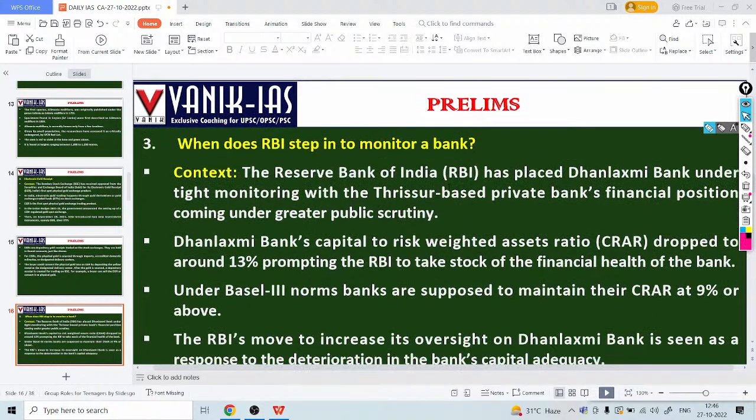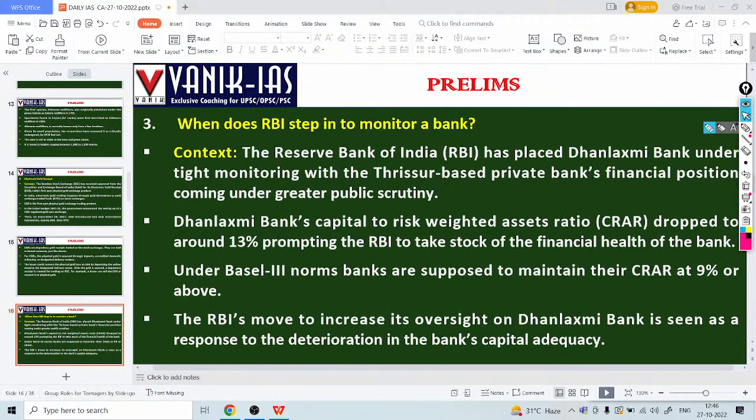Okay. The next news is when RBI steps in to monitor a bank, because RBI, being the central bank in the country, has the power and mandate to regulate the banks. This is in the news because recently RBI placed the Dhanlakshmi Bank under the tight monitoring system. The Thrissur based private bank's financial position has come under greater public scrutiny, so the RBI placed the Thrissur based Dhanlakshmi Bank